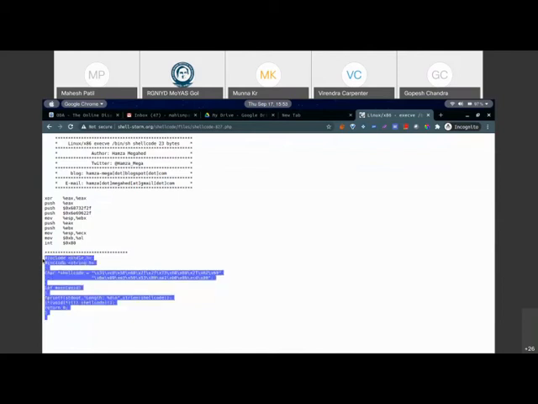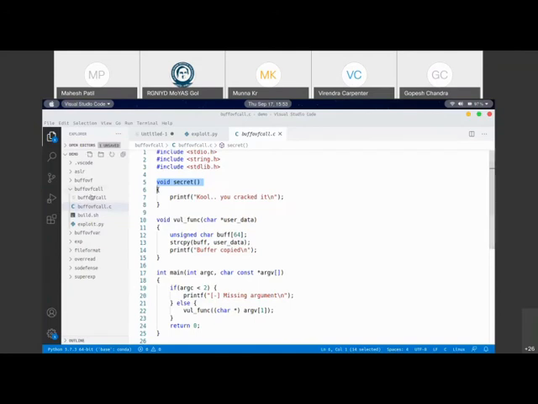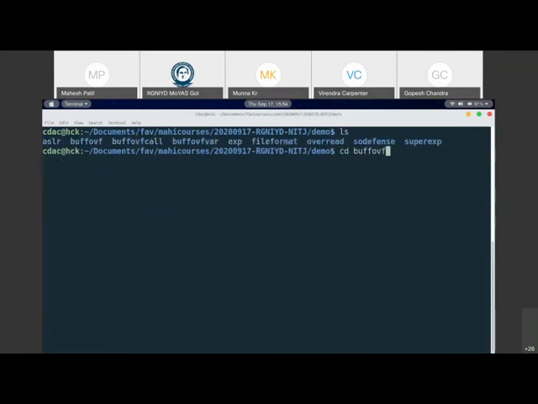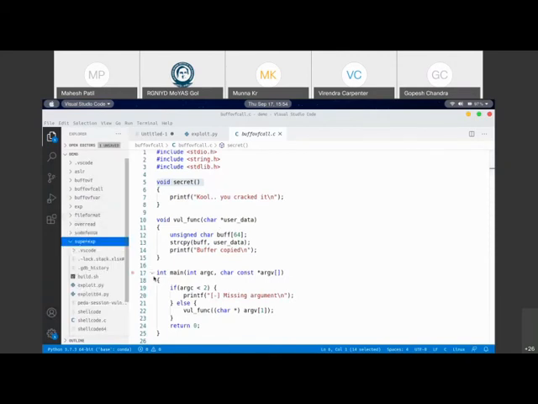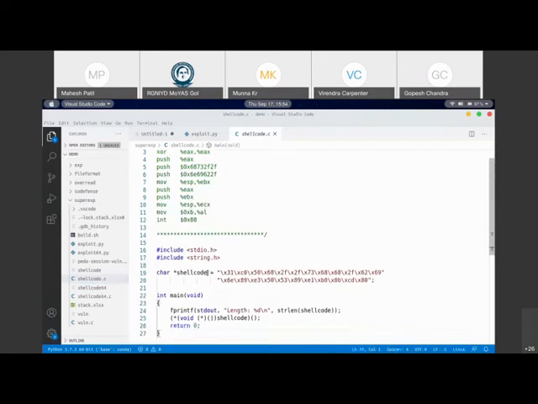So what you can do is just copy this shell code. Okay, so I'm just copying this shell code and copy pasting it into one of them. Here I already have a shell code. Let me just show you that shell code. So this is the same shell code. It just runs a C program and causes a shell.